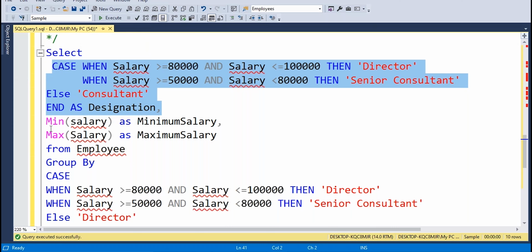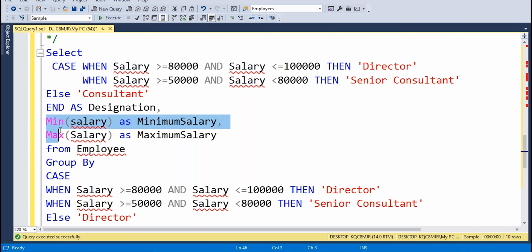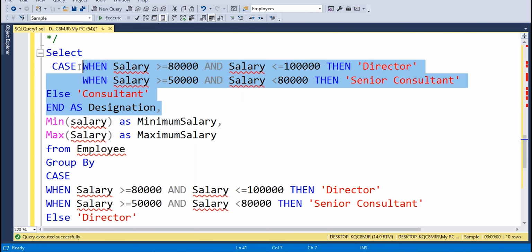Then you can observe minimum salary, you know, right? Aggregate functions: min salary will return the least salary, and max salary will return the highest salary from the employee table. Once we use the aggregate function, the non-aggregated columns we have, we use in our GROUP BY clause. GROUP BY clause is nothing but across multiple records, it will display a single record. Then GROUP BY with the non-aggregated column names.